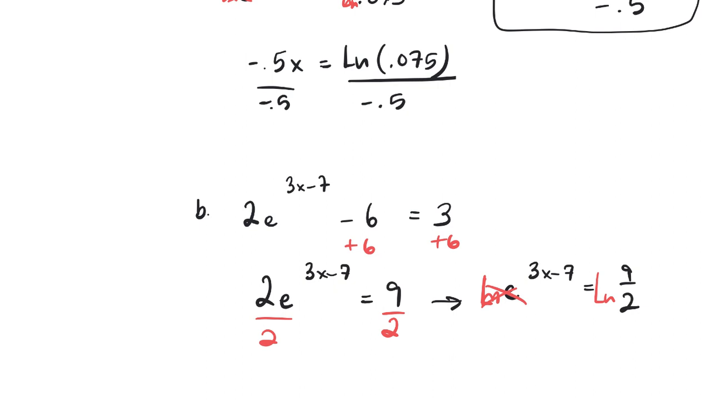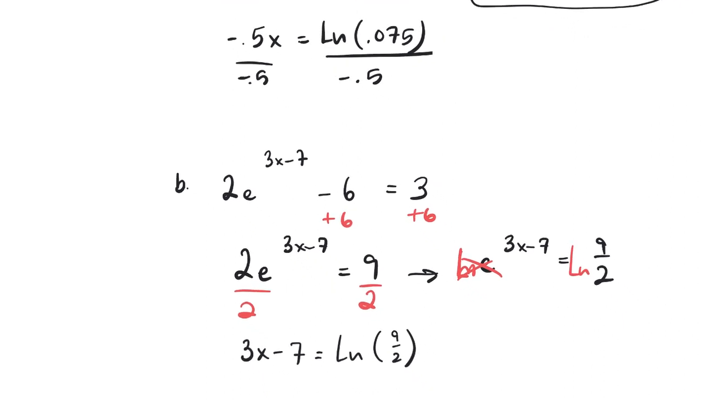So now this exponent is no longer an exponent because the base has been canceled, so it's just an algebraic expression, 3x minus 7, and that's equal to natural log of 9/2. Now we're to the final stage of this, which is just solving for x. So if we add 7 and then divide by 3,